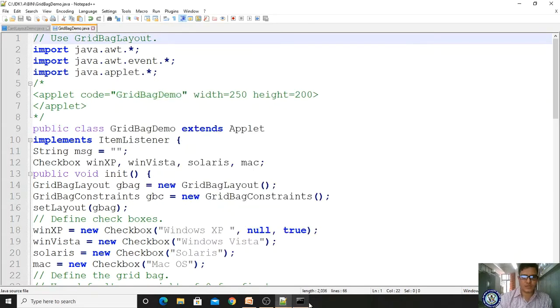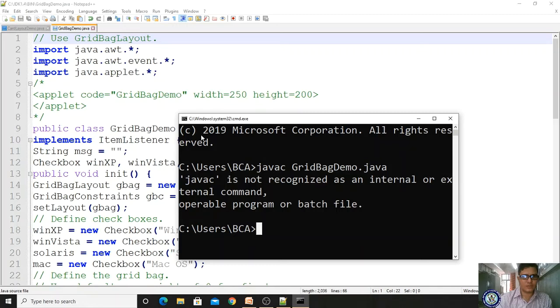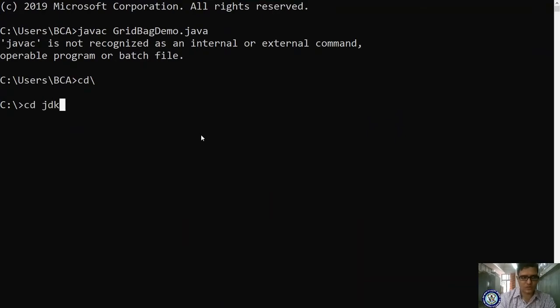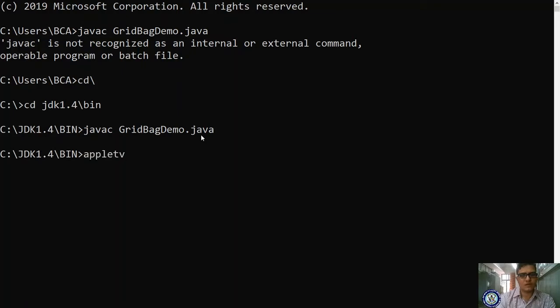Yes sir. Let me check once again. Grid bag demo, right? Yes sir. I have not logged out, right? Yes, log out. cd jdk 1.4/bin java c grid bag demo.java applet viva grid bag demo.java.